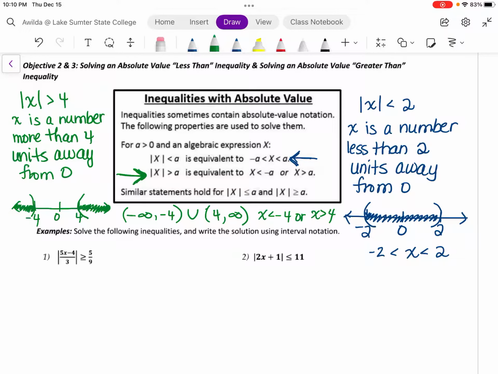So again, by having absolute value represent distance from 0, saying that an absolute value expression is less than a units from 0 means that it has to be close to 0 within a units. But saying that the algebraic expression is more than a units away from 0 means that we're repelling it away from 0 and we're looking at numbers that are far away from 0 at more than a units away from 0. So that should kind of give you the visual that we're pushing away from 0 either to the left or to the right. I spent a lot of time talking about the interpretation because the mechanics are actually pretty simple as long as we understand the underlying concept. Let's take a look